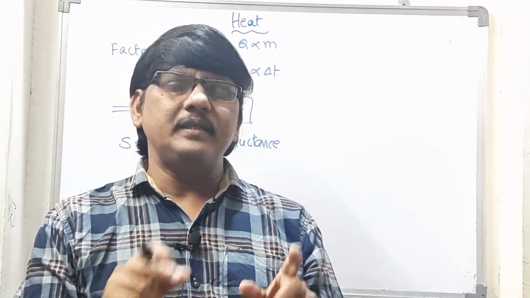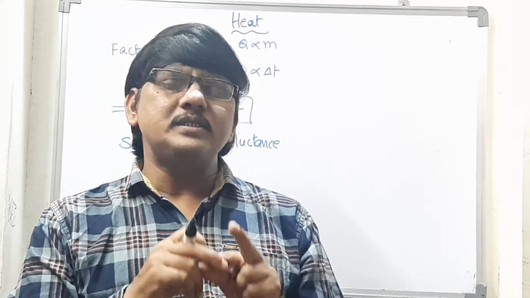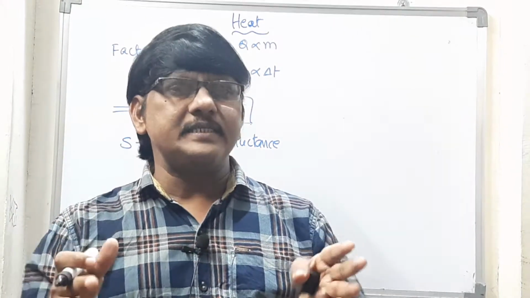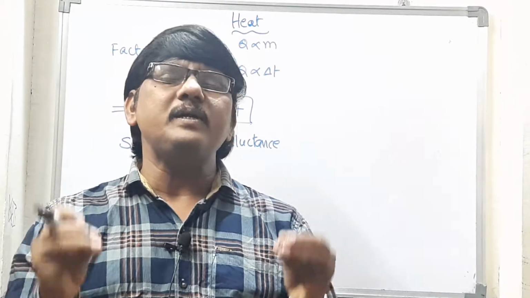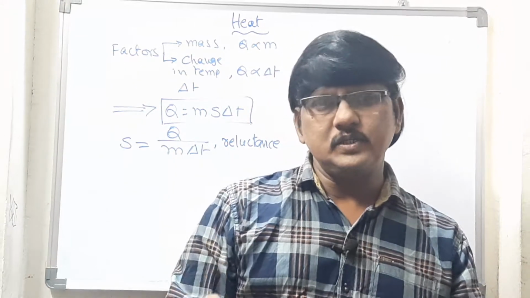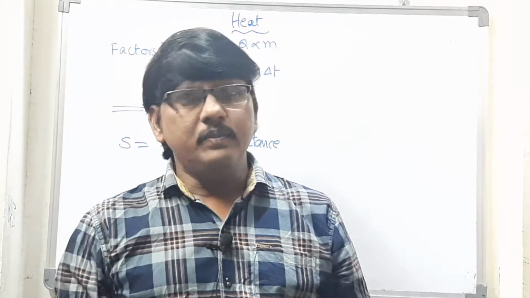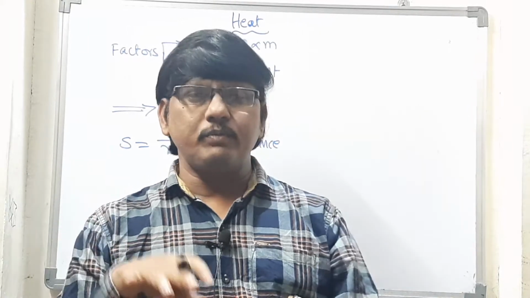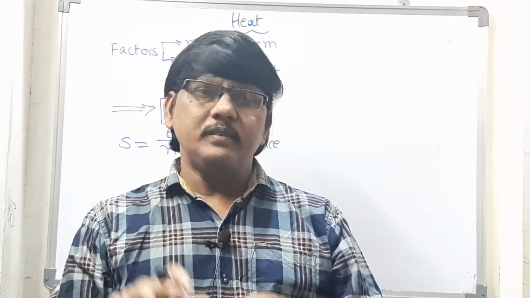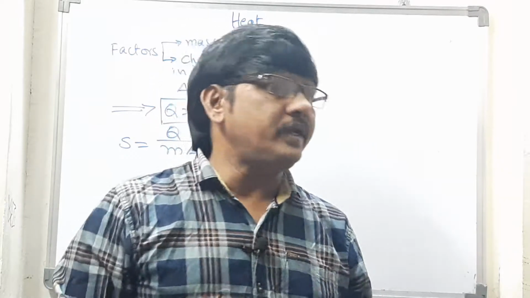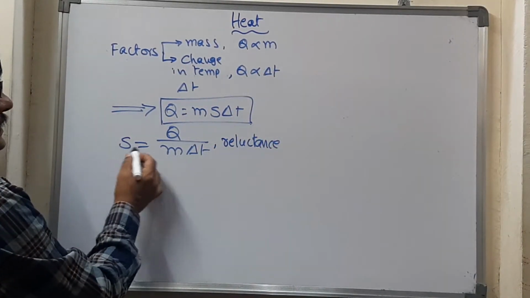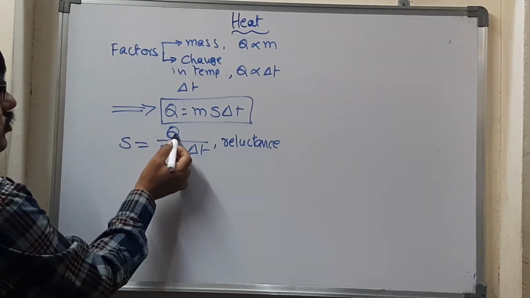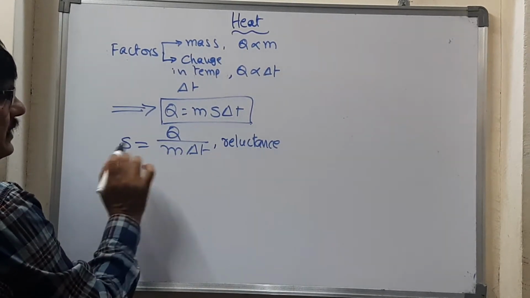Whatever the state is, either hotness or coolness, it would like to continue in that state for a long period of time. This is what we call reluctance. Reluctance is nothing but specific heat. What is meant by specific heat? Substances which have high specific heat continue their current status, whether hotness or coldness, for a long period of time. That is what we call specific heat. The formula for specific heat is S = Q / (M ΔT), where S is specific heat, Q is heat, M is mass, and ΔT is the change in temperature.